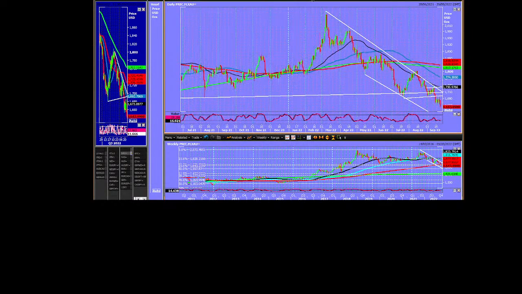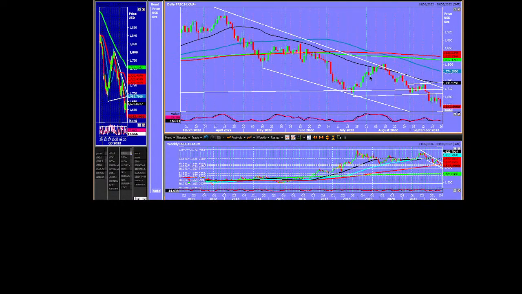We've also broken this trend line here, and this was just a little bear flag. It all looks very negative to me, and I think we're probably going to 1580, 1560, 1555, something like that. As I said, I think we'd have to beat last week's high, which was 1688, for me to change my mind and consider that gold is not going down.